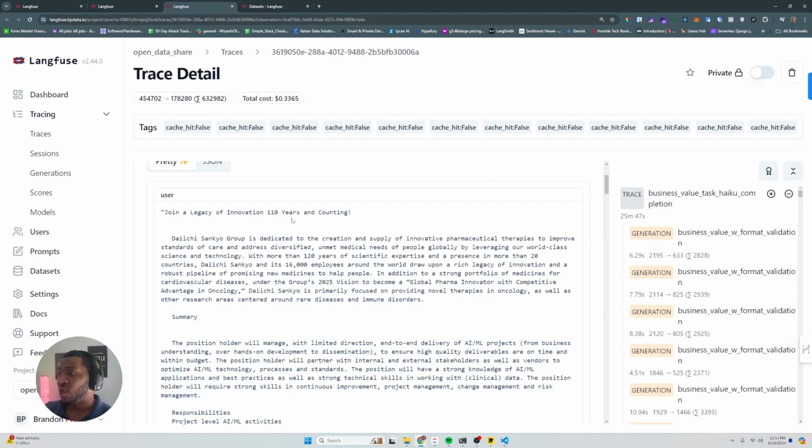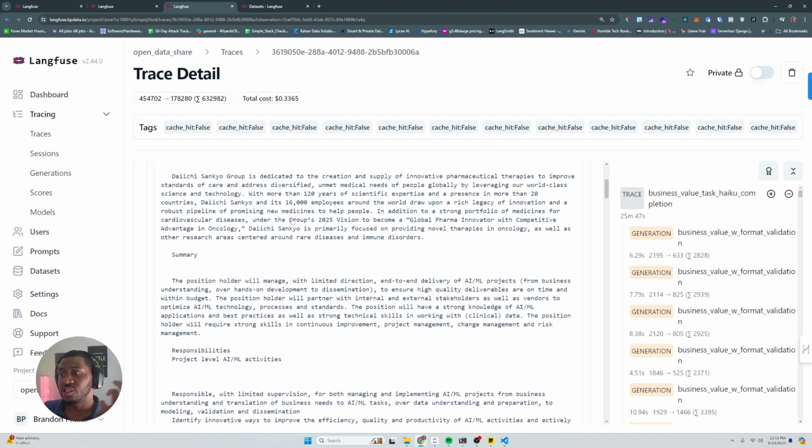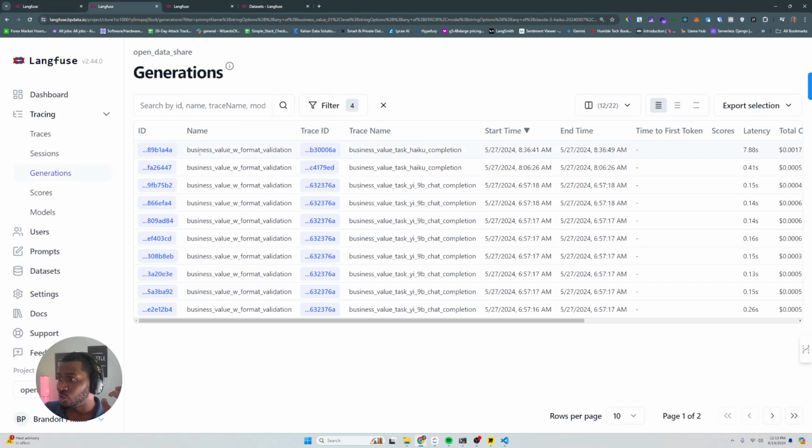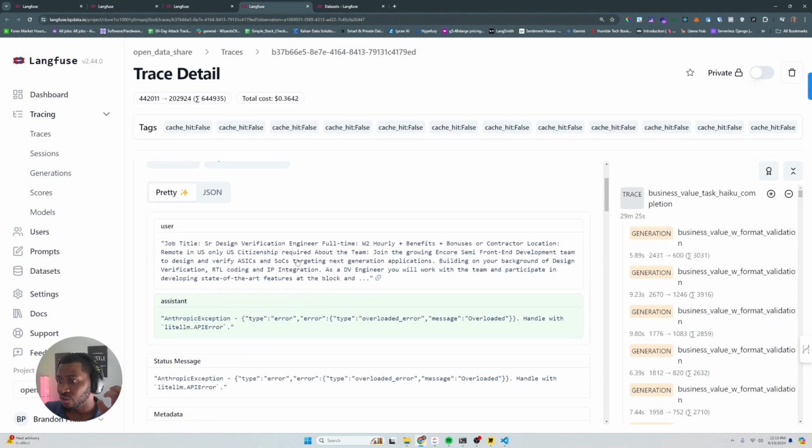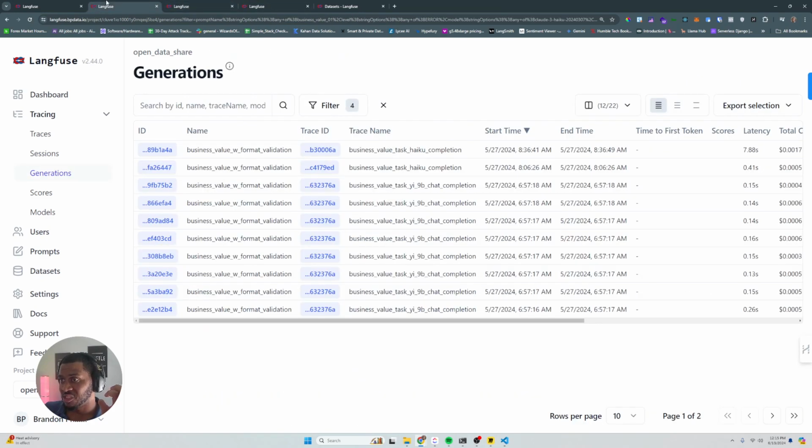So we might come to some conclusions and say, well, Claude Haiku is usually pretty good. This is the same prompt version. Why are these all failing? Is there some commonality between these particular traces? And so then maybe we open up a few. We start to see there are cross trace IDs. So then we go here and we look, this one was overloaded. Okay, that seems like an error